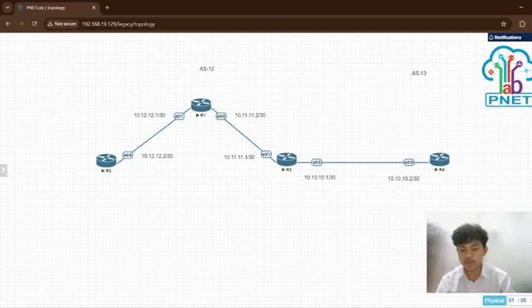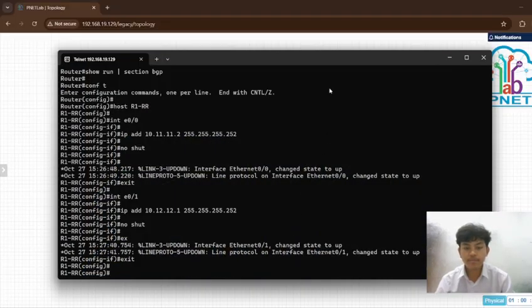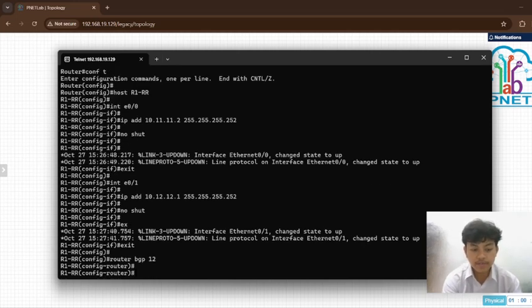I start from router 1. You type router BGP 12, then enter. Next we type neighbor, meaning the peer.